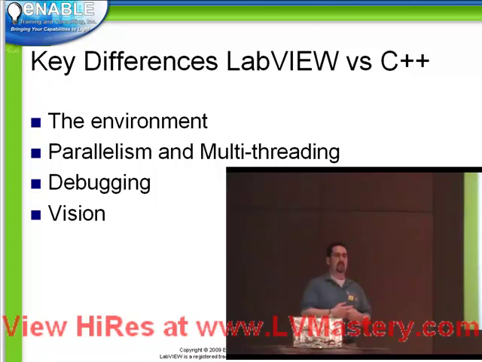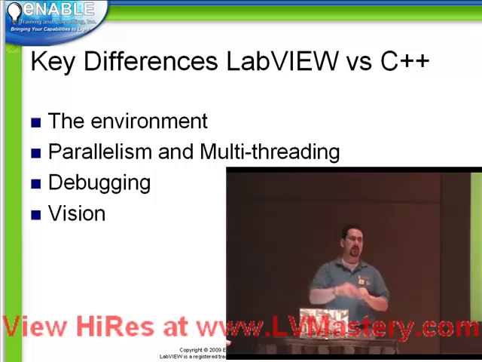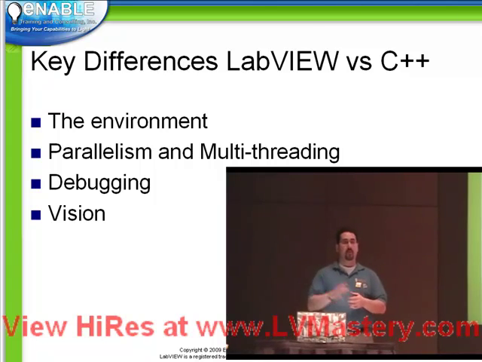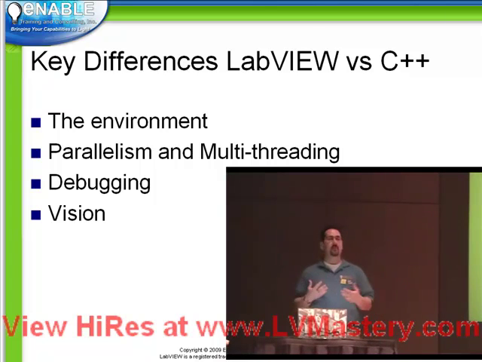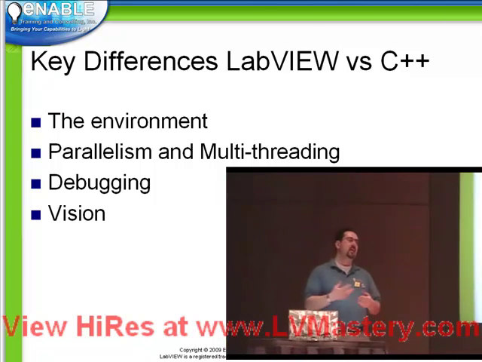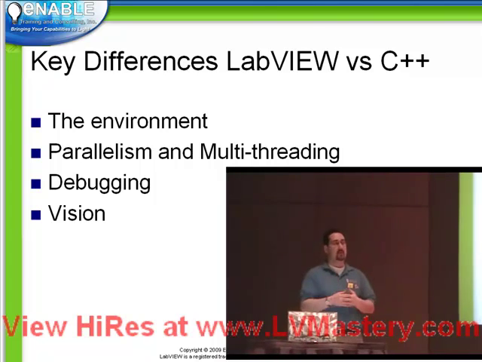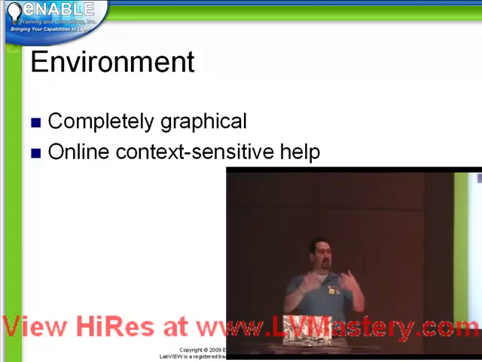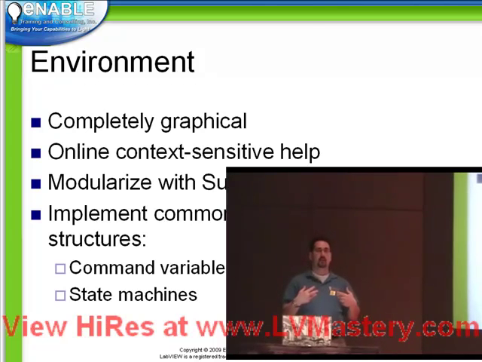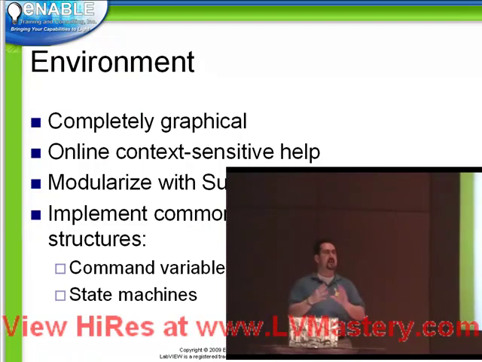Machine vision. A lot of people who have done testing with machine vision, who have implemented cameras for their ball or their opponent tracking systems for the FRC competition. If you're using the LabVIEW-based tools for vision, you have the ability to do a lot of prototyping with graphical feedback. So you can see the image, you can see the results of the tool on the screen. And that's a very powerful thing. From my understanding, using C++, you get a live feed from the camera via an HTML page, but you don't get to see the results of your tools being applied. You have to kind of monitor that in a separate